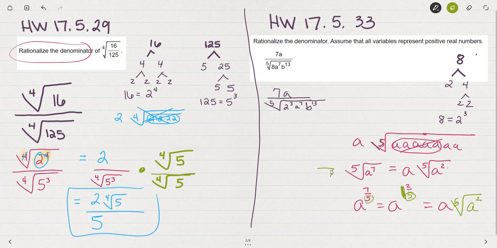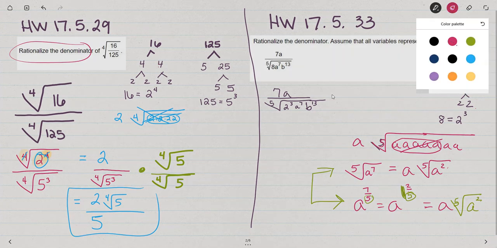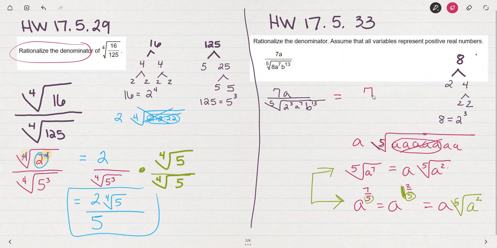I'm not sure which of these two methods of simplifying the radical makes the most sense to you, but when it comes to simplifying the fifth root of a to the 7, you want to use one of those two methods. All right, so let's write out what we have so far. When we simplify this, we have that this is 7a over, and then we've got an a on the outside, and fifth root of 2 cubed